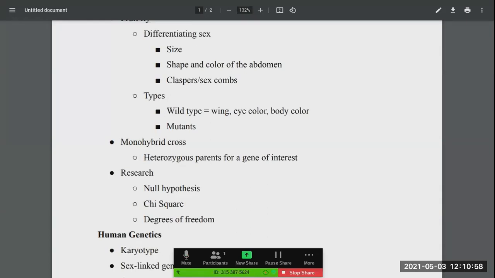The other concept is monohybrid cross. As the name implies, it is mono. That means the cross is about a single gene. Second, it is hybrid. Hybrid means there are two alleles. Even though it is a single gene, there are two alleles that you are dealing with. So in a monohybrid cross, the parents are heterozygous. That means they have two different alleles, and you are trying to determine the phenotype and genotype of the offspring